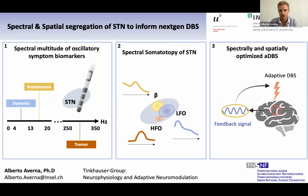Yeah, actually, this is very interesting, and we are still exploring this. The fact that we have found the beta hotspot being more located superiorly, in the dorsal part of the STN, is not really novel, and it might have some neurophysiological evidence. But the most unexpected result is about the high frequency oscillation, which might be more located inferiorly, and this part of the STN is not really targeted by the